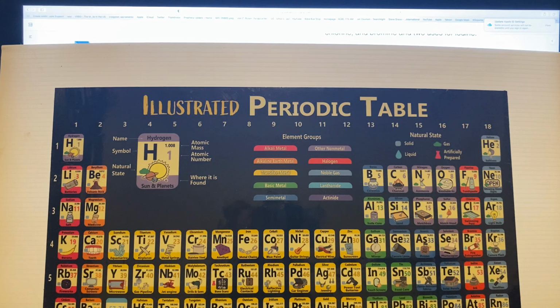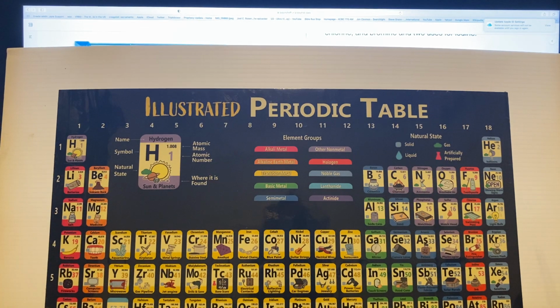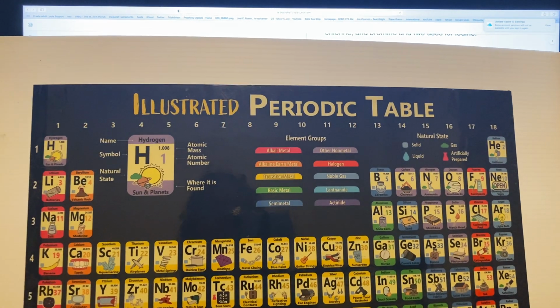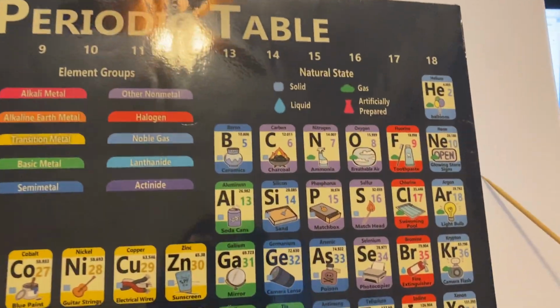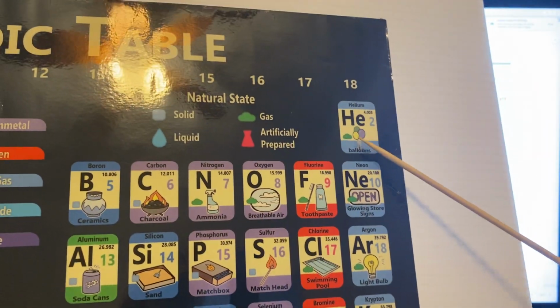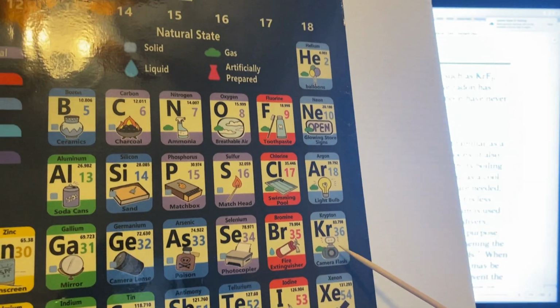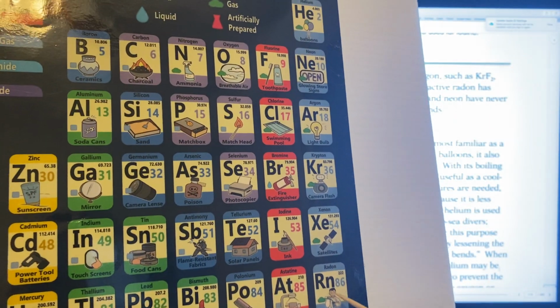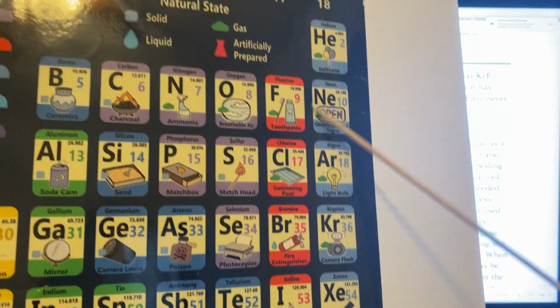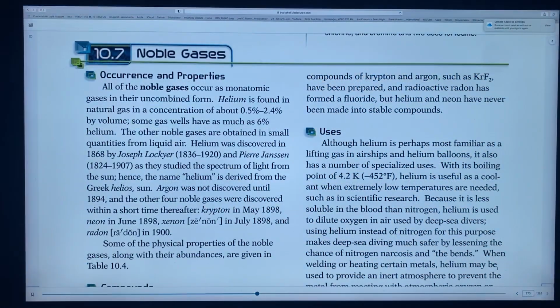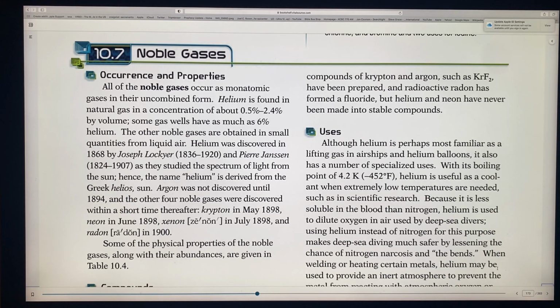As you see here, they go clear over to the 18th, basically the 18th column here. So what do we have for noble gases? Let me zoom in here, you see helium, neon, argon, krypton, xenon, radon. All of these are noble gases, clear at the end, very unreactive. They don't like to react with anything, so they come in their natural state.